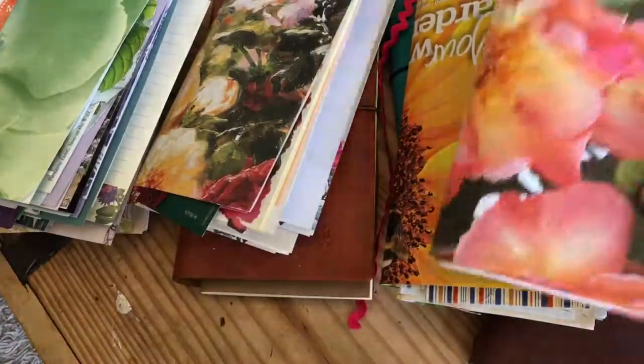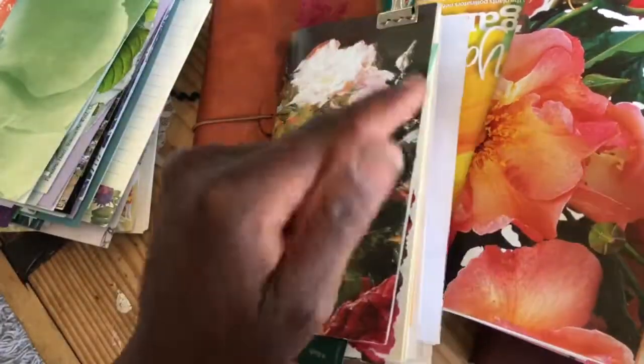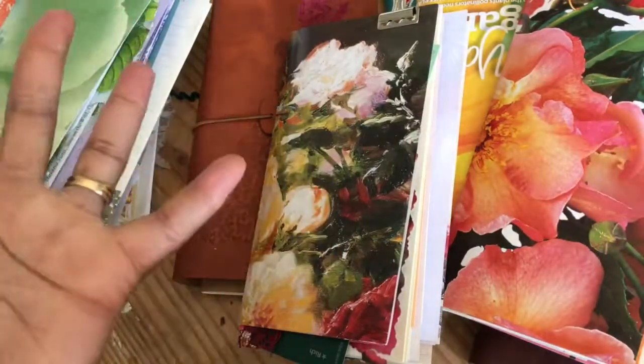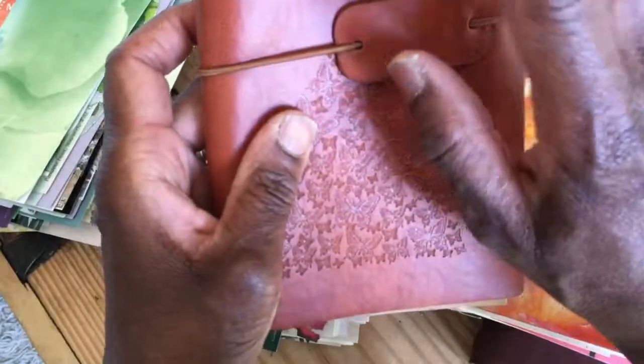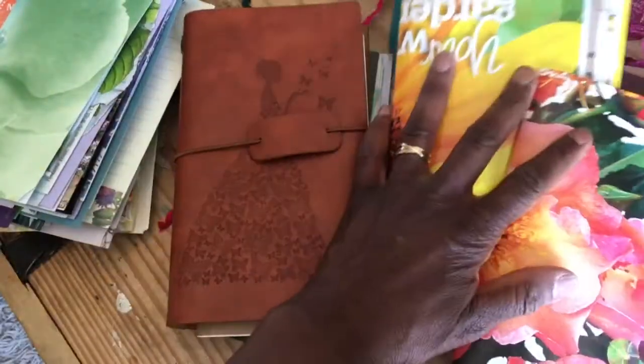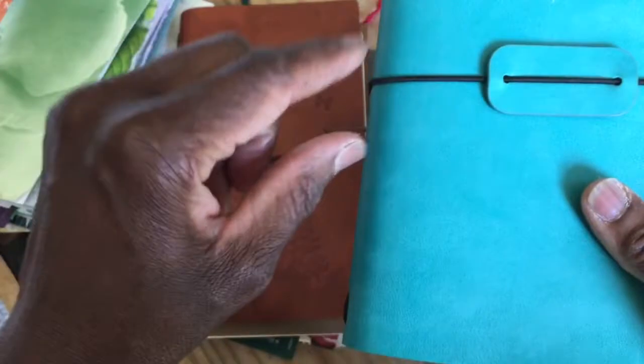So this is just to give you a bit of a taster, to be fair, of what I'm working on. And I'm hoping that by the end of the month I will have these, maybe a few more, ready for selling. If anybody's interested in owning one, I'm also going to be getting some more of these in. I have some already, and they have some plain inserts already, but if anybody would like to purchase, or if